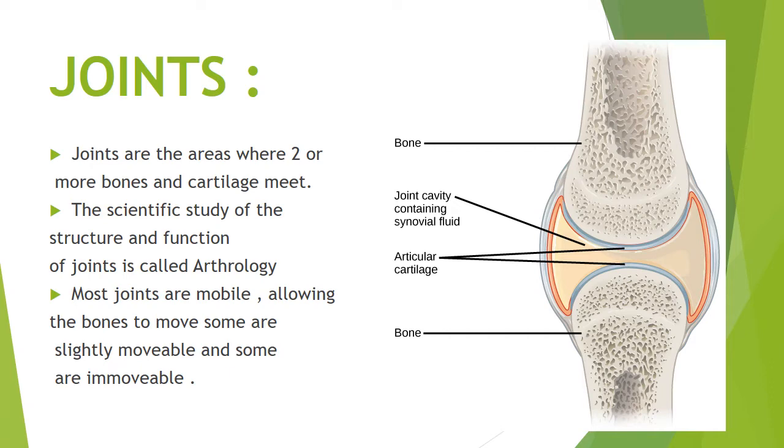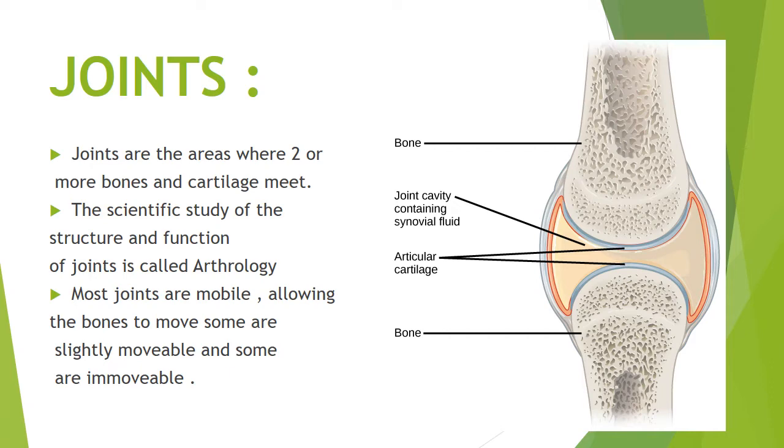So students, as you see in the diagram, at the end of each bone there is a cartilage called articular cartilage, which is connected by a joint capsule. You can also see in the diagram there is a cavity between the two bones. This cavity is surrounded by a membrane called the synovial membrane, which is filled with synovial fluid. By this fluid, the two bones move freely and are protected from friction.